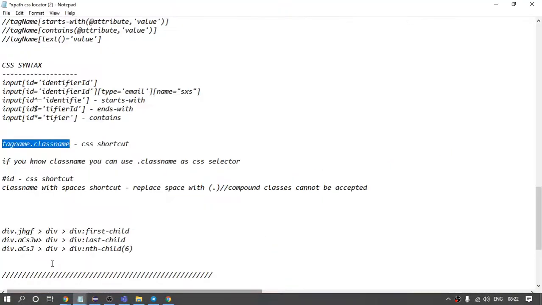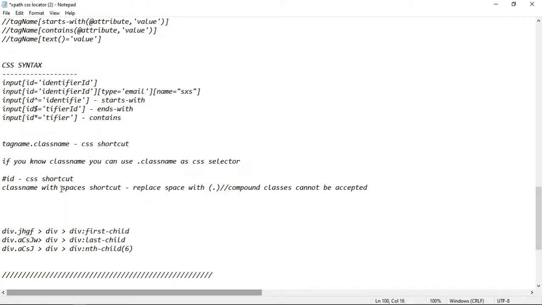So Sumit, for every locator you have some different symbols, right? For class you are using dot operator. Yeah. For ID you are using hash. Yeah. Then for the remaining, like name? No. For name, there is not a shortcut like that. Only for the class name and ID. So we have to use only class name or ID. Tag name, if you find class name or you can find ID, then you can use it.